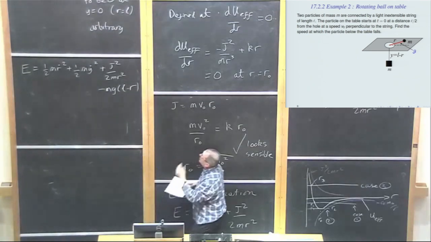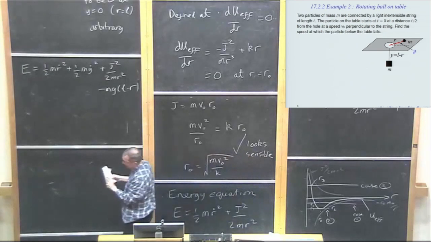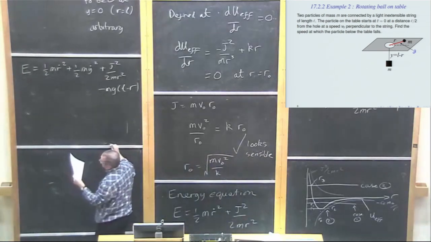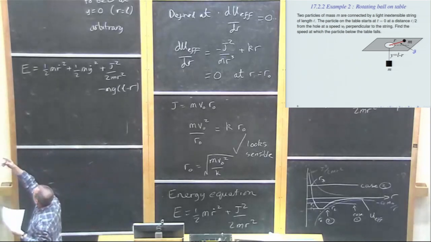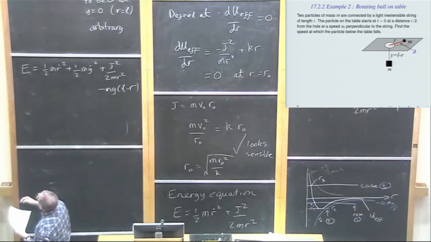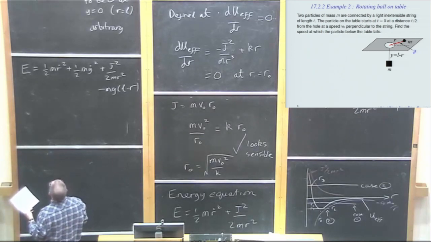Now, of course, it's going to be interesting and instructive to sketch that, but we'll do that on the next slide. Here, let's just crank on and do what we've been told, which is to find